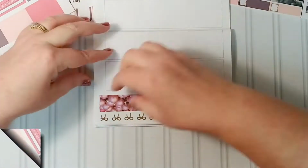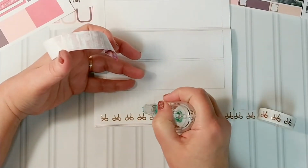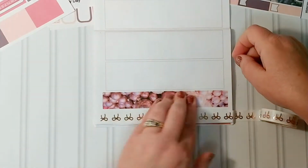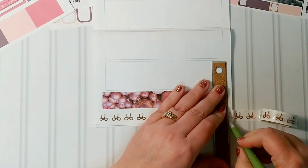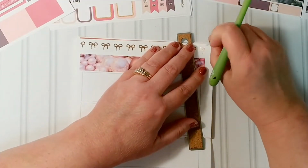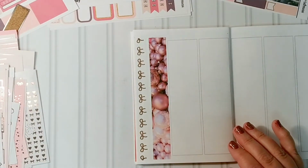bows on it, Simply Gilded washi, and I ended up having to peel that up, and then I had to redo some of the white out so that I could replace that sticker, and it stayed. It looks good still, so I was able to peel that up fine. I use repositional sticker paper from Online Labels, so if you were wondering that, I'll link that below as well, because it really is easy to peel up, and I have to have that because I make a lot of mistakes. So I finally have the sidebar looking all pretty with those pink ornaments, which, by the way, I have